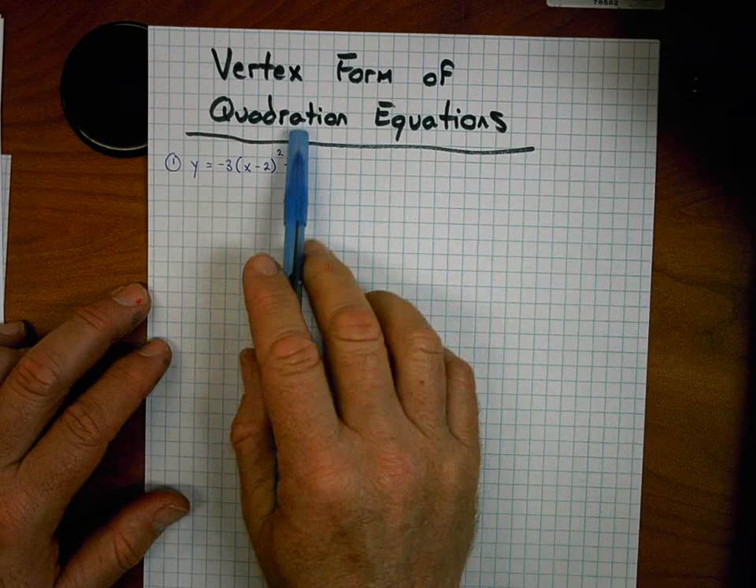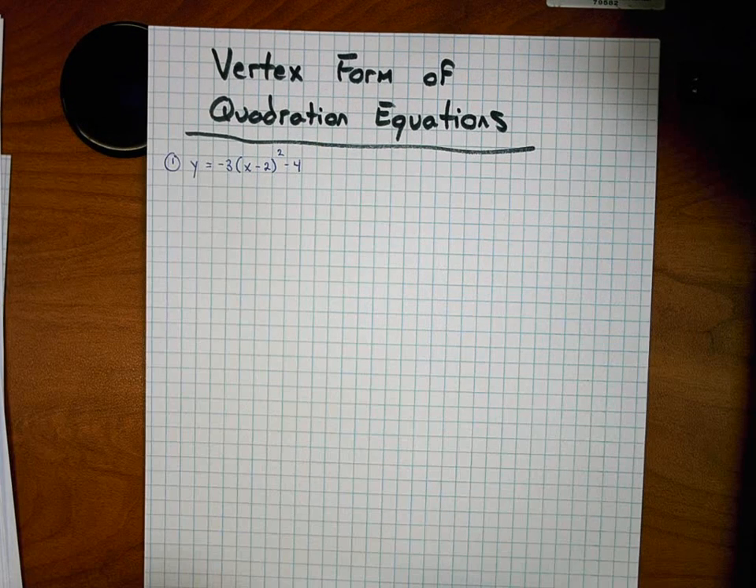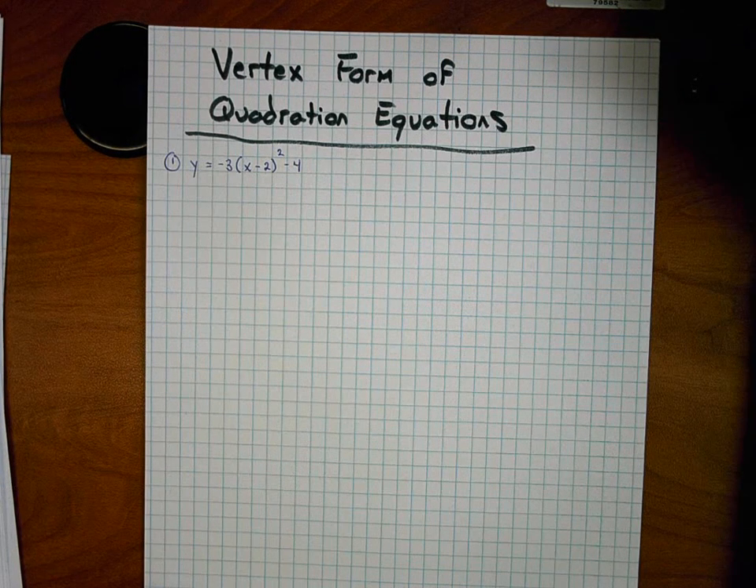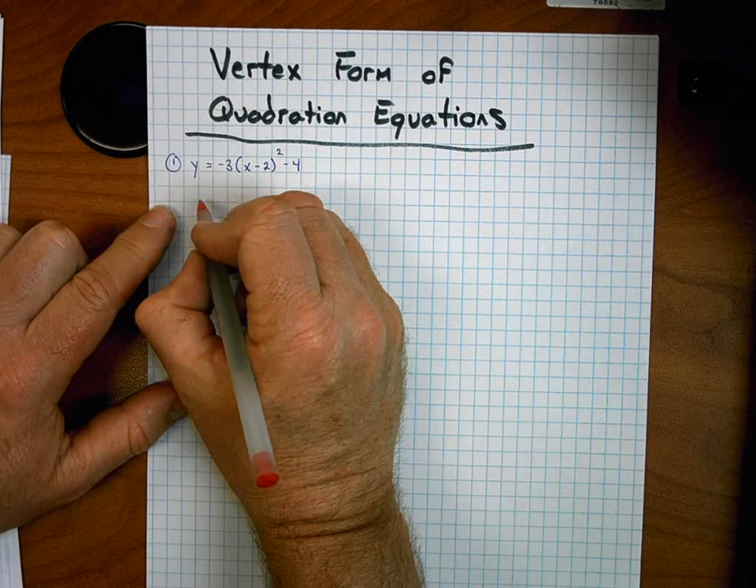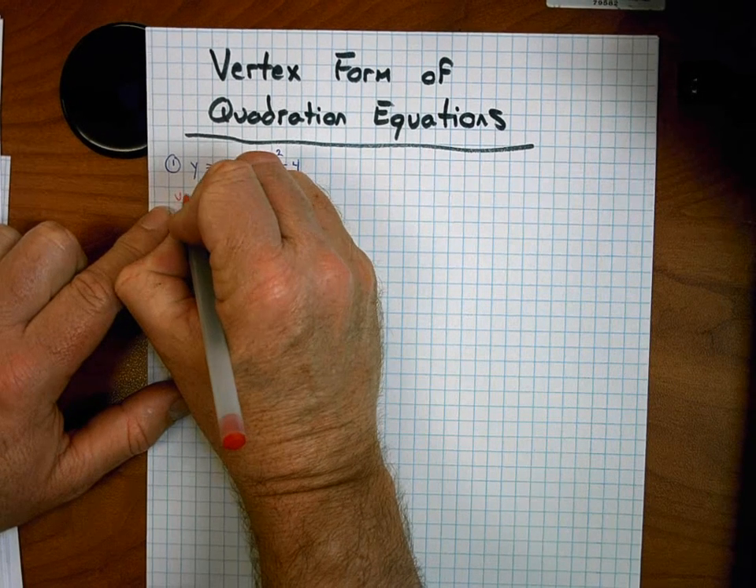Mr. Trutna here. We're going to go over vertex form of quadratic equations. There's going to be 7 problems that we're going to do, and the 7 problems are going to coincide with the problems that you were assigned. Okay. So what we're going to do is we're going to find the vertex of this vertex form